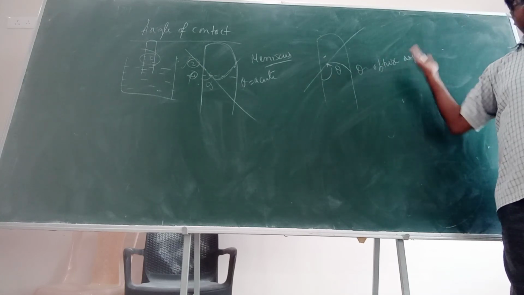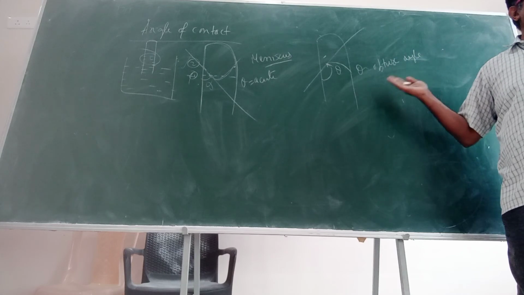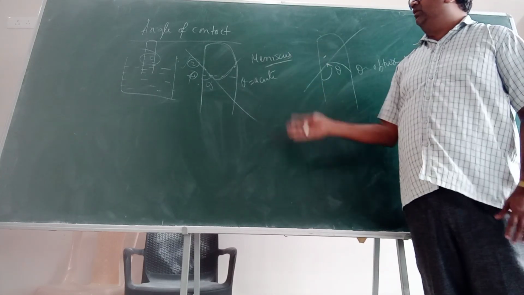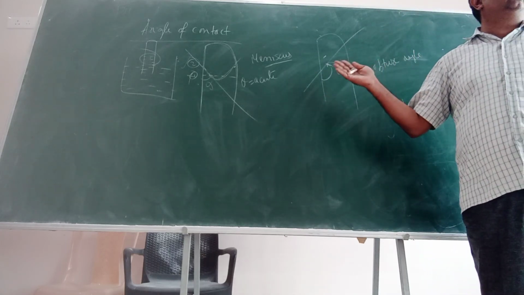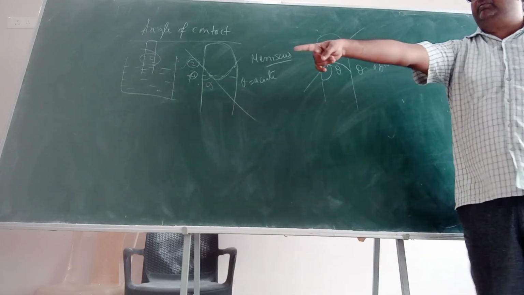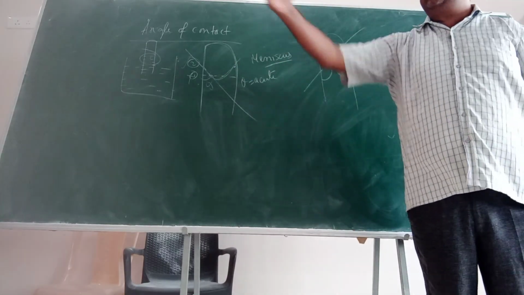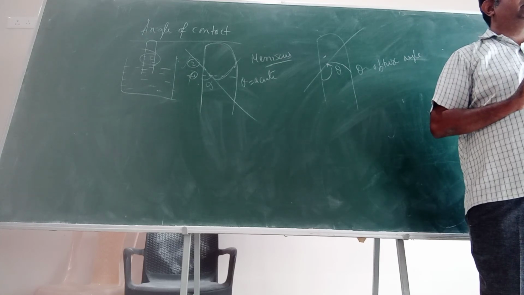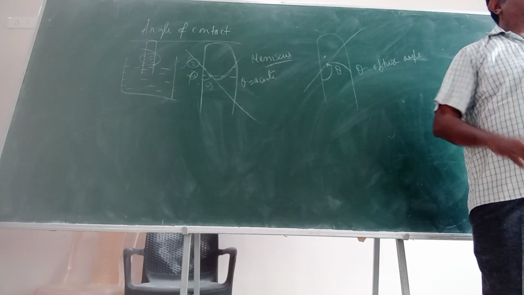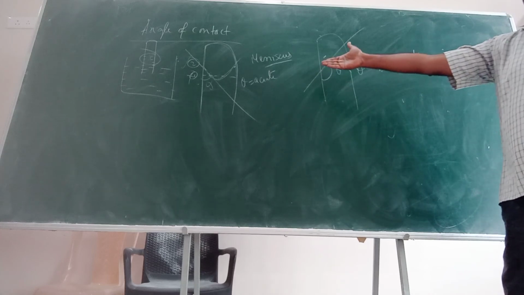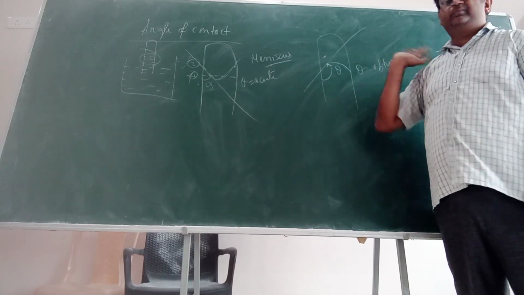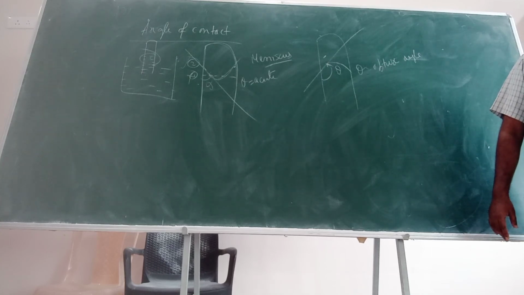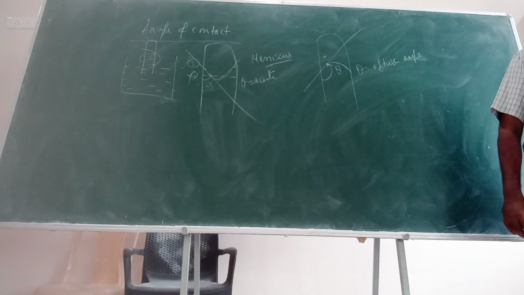When it is obtuse, for some reason it is obtuse. Why it is obtuse? We will discuss. Do not worry about it. But right now you have to understand that whenever liquid comes in contact with the glass interface or some solid interface, if you pour water on a wall, the water is in touch with the wall surface. So there will be a formation of angle of contact. Depending upon the angle of contact, you can say whether it is this type of meniscus or this upper meniscus or lower meniscus. Clear now? So this is the concept behind angle of contact. Tomorrow we will discuss some more points on this. Just write this out.